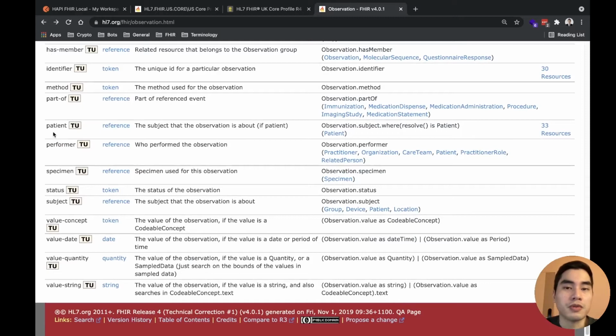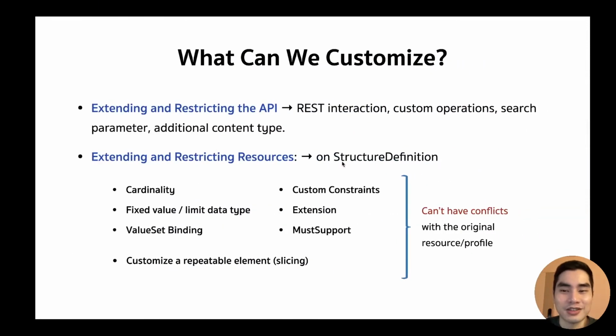Like maybe you want to search with the word rat, for example. So you can define your own search parameter, and it's necessary when you create an extension, because you will not be able to search the resource with an extension if you don't define the search parameter for that extension. So that is the search parameter.